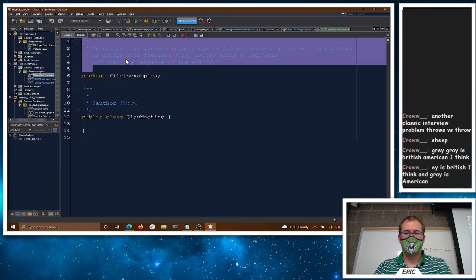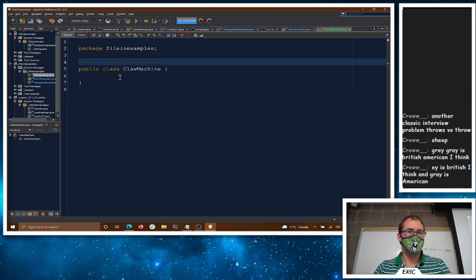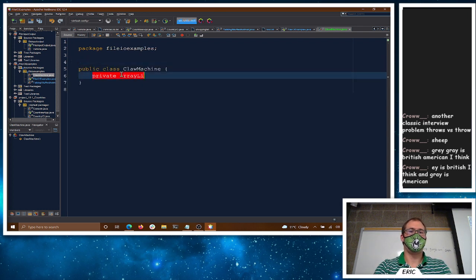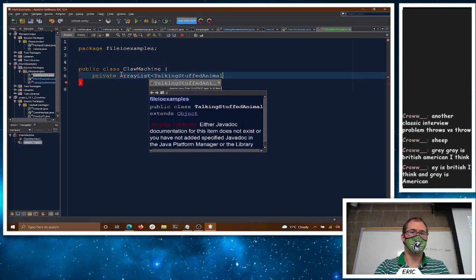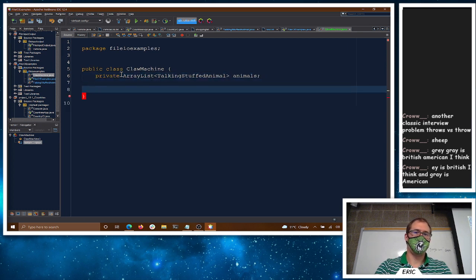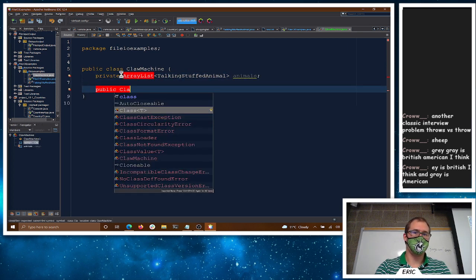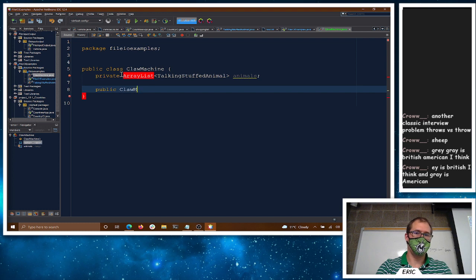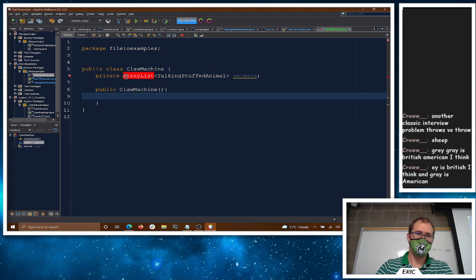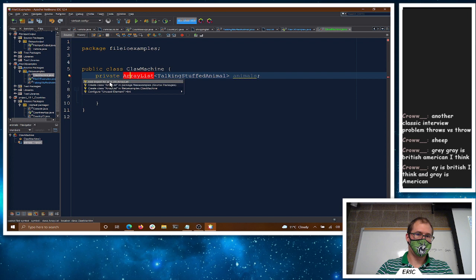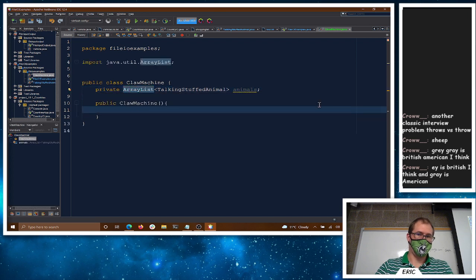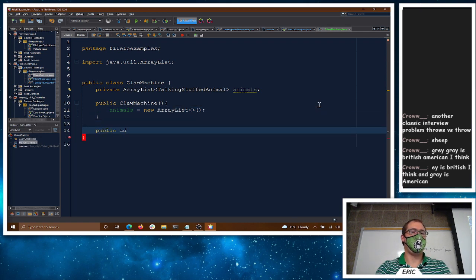And for fun, then our claw machine, then we'll have a private array list of type talking stuffed animals, and then a public claw machine constructor. Later we'll assign animals to be a new array list. This is instantiating it: equals a new array list of type talking stuffed animal. Great. And then if we have a method like public add stuffed animal,